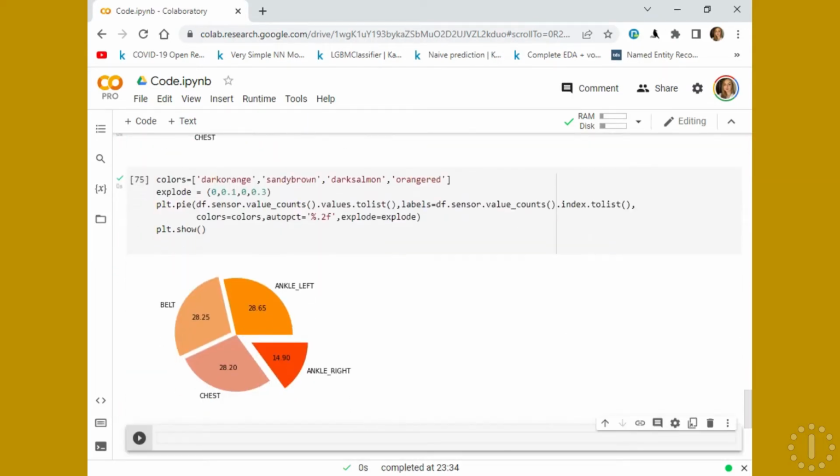So that's how we make customized pie charts. Pie charts are best used, for example, when you have some categorical data like this with belt, ankle left, ankle right, chest, some sensors, or maybe some products and you want to see the sale of a given product, or you have some house components of the smart home and how frequently they are used, and then you want to show the percentage